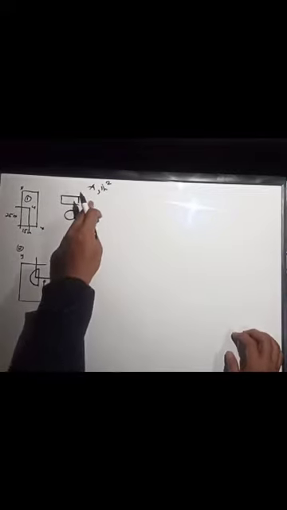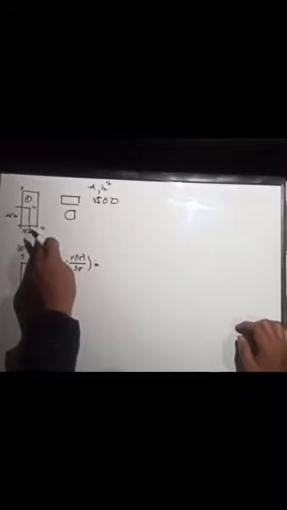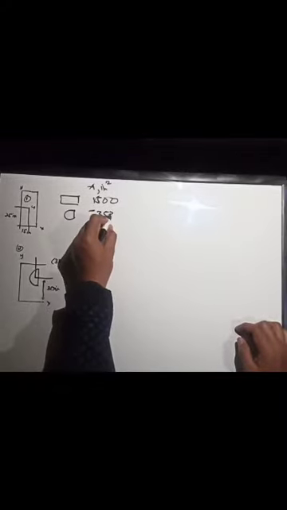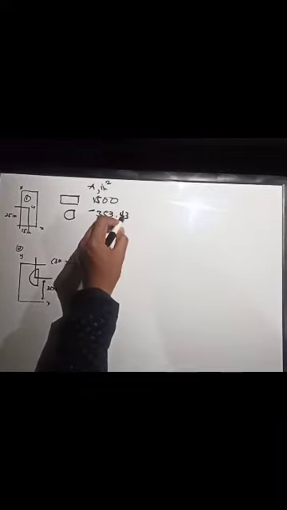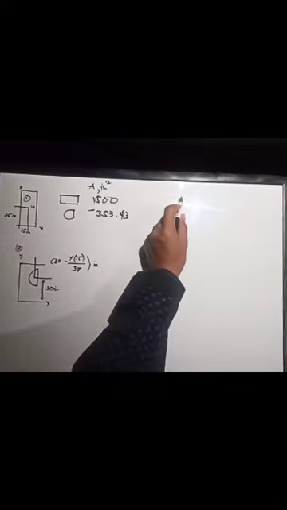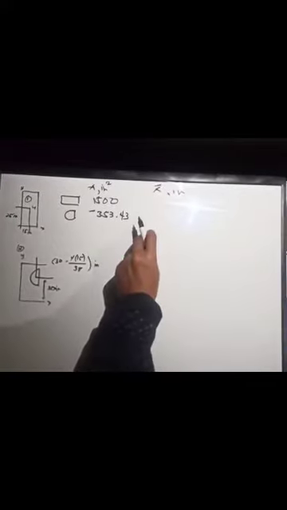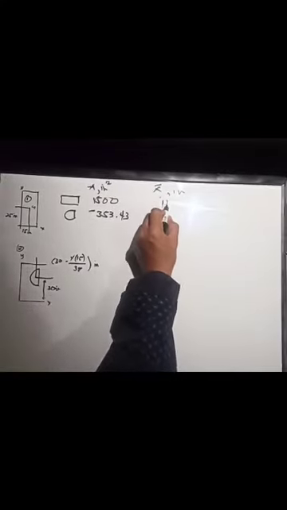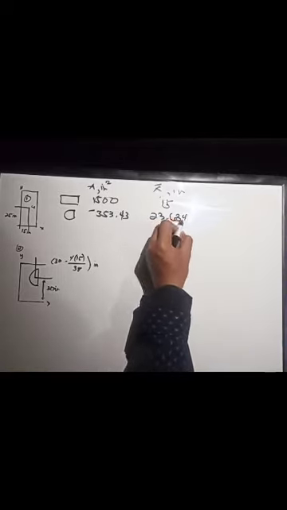Ang area ng rectangle ay 1,500. 30 times 50 is equal to 1,500. And for number 2 is equal to negative 353.43. So, for x bar, meron tayong 15 and 23.634, and for y bar